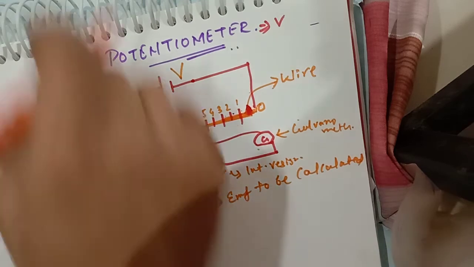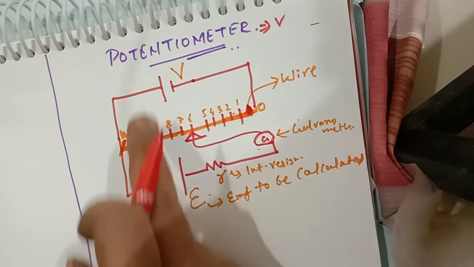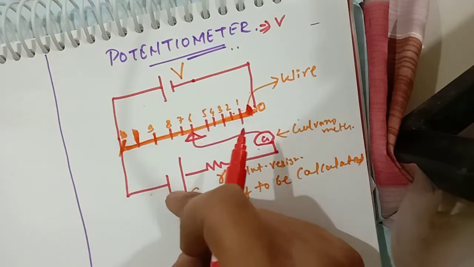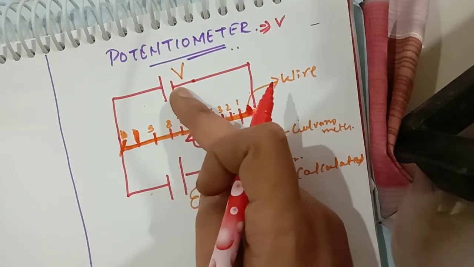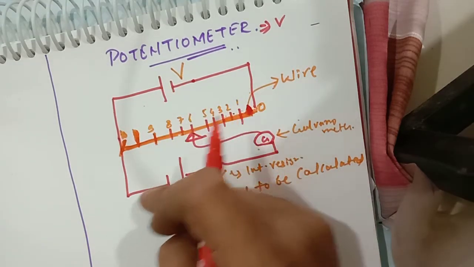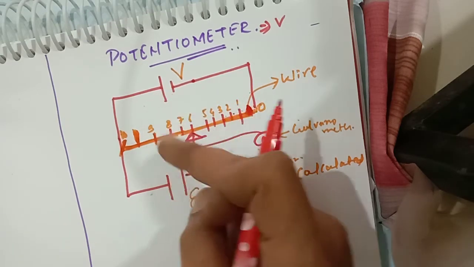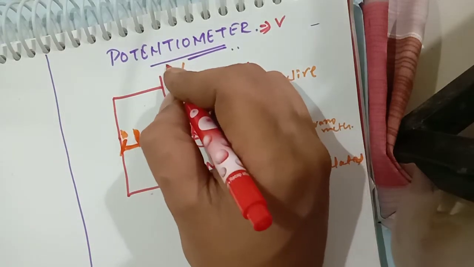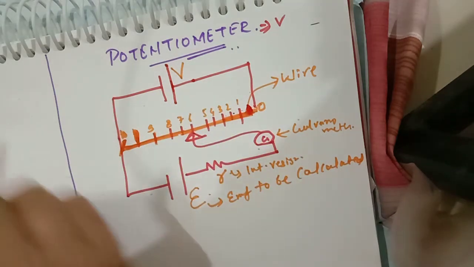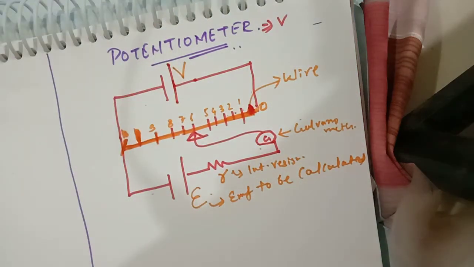Now look, I have made a technical mistake in this diagram. Here it is the negative terminal. For making a proper potentiometer, both the cells, the known and unknown, should have the same polarity attached with each other. So if it is positive, then it should be positive. If it is negative, it should be negative. So rather we will do this, right? So now it's okay, right? Then only we can find the real EMF behind it, correct?